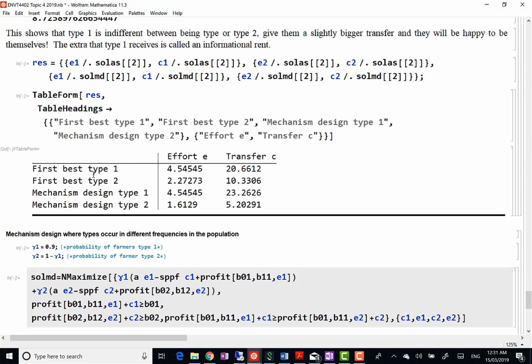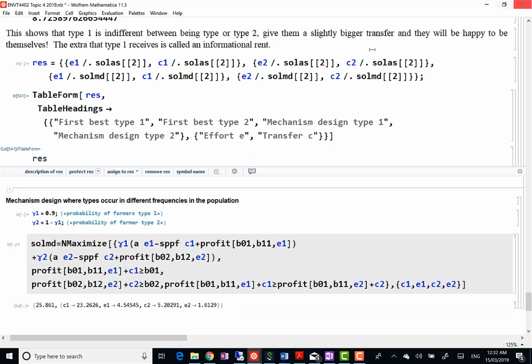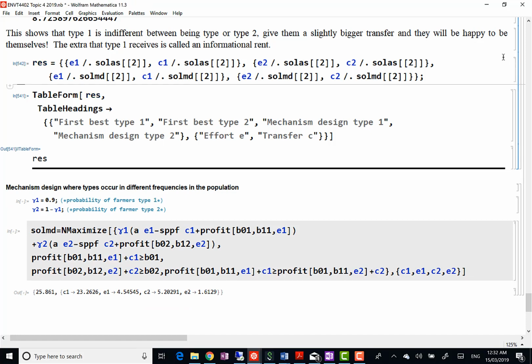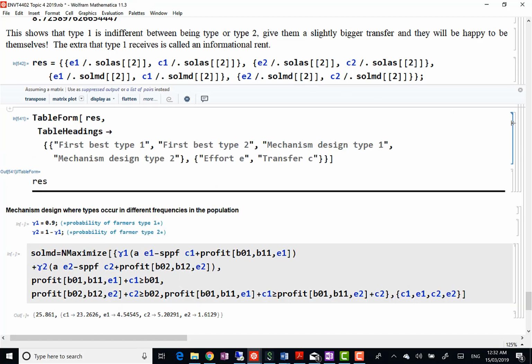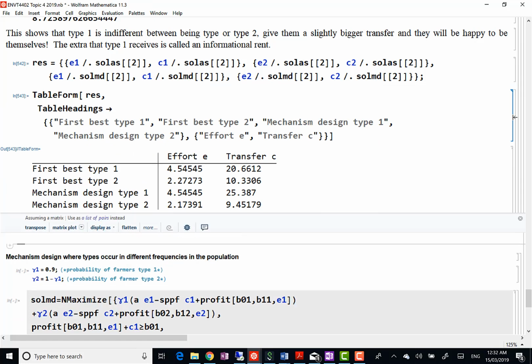So first best or perfect information, effort, and the transfer for type 1, type 2, mechanism design for type 1, and so I just need to reevaluate that lot. Okay, so just to run through again. So first best type 1, first best type 2, mechanism design for type 1, mechanism design for type 2, and